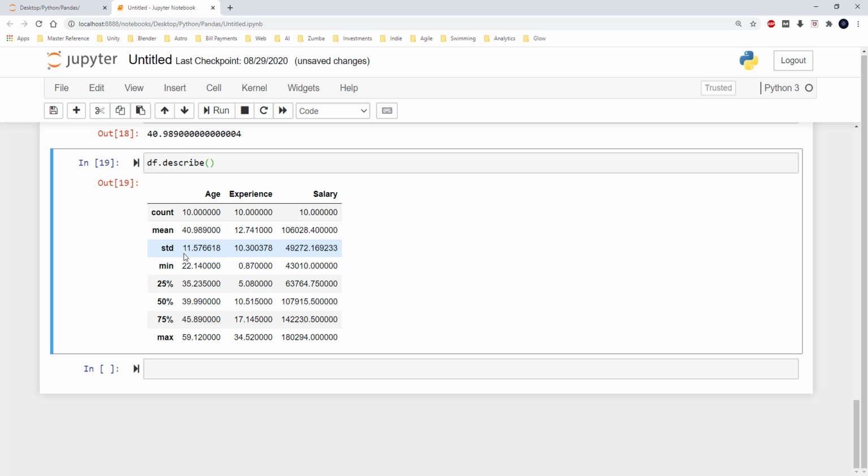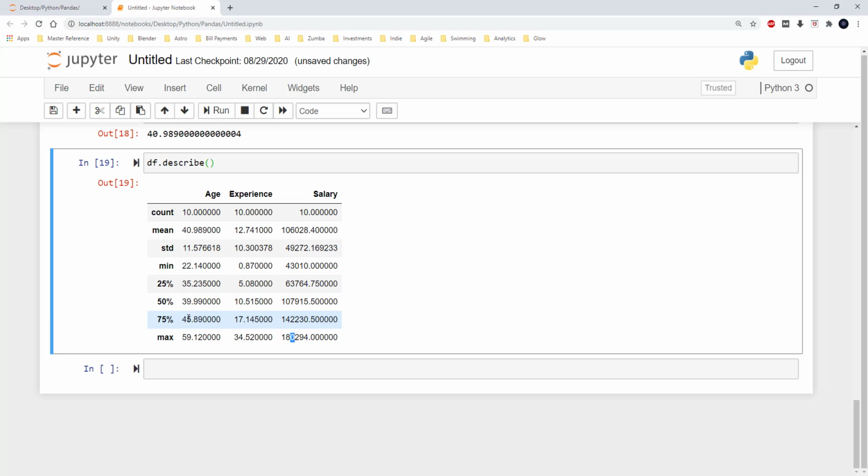So it also shows the standard deviation of each of these columns. It also shows the minimum value of each of these columns, the maximum value of each of these columns, and it also shows the percentiles of each of these columns. So this 25, 50 and 75, these are all percentiles, and it is mentioned for all these columns which are having numeric values.